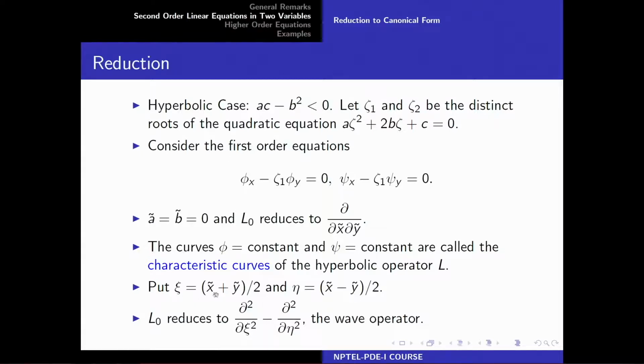You put zeta equal to x tilde plus y tilde by 2 and eta equal to x tilde minus y tilde by 2, and then this becomes a constant multiple of this operator. I have not written that constant, but you can take it as a non-zero constant, so that you can absorb it in the first order terms. Okay. So, in this hyperbolic case we are able to find phi and psi explicitly,